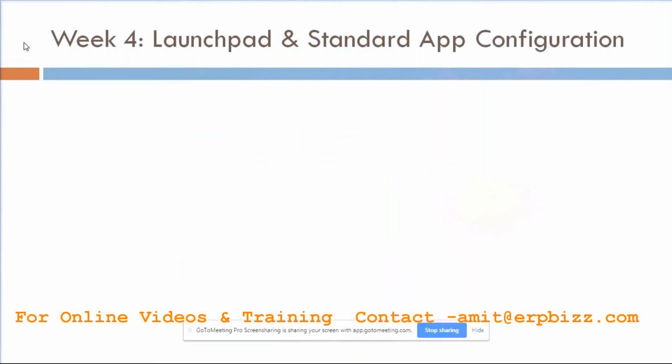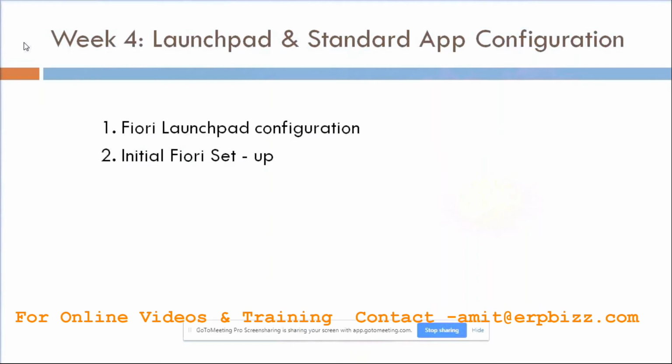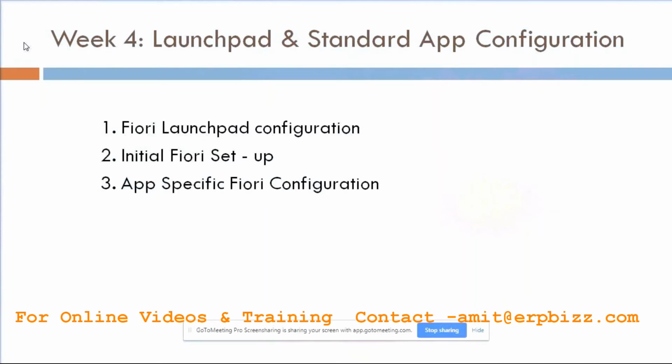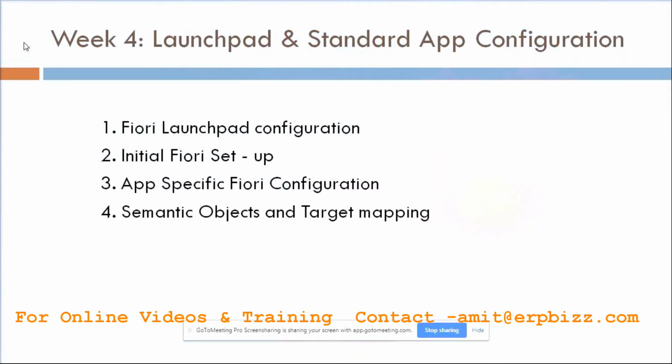Coming to next week, Launchpad and standard app configuration. This week, we'll talk about configuration step by step. We'll start from scratch, do the initial setup, and configure Fiori Launchpad. We'll see how a specific app is configured in the system and we'll show a demonstration of a standard app implementation from scratch. We'll get to know what semantic objects are and how target mappings are done to achieve a complete configuration